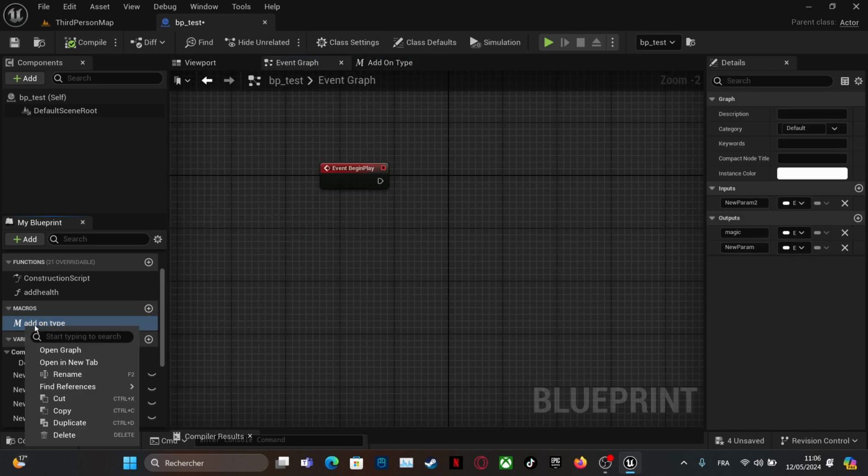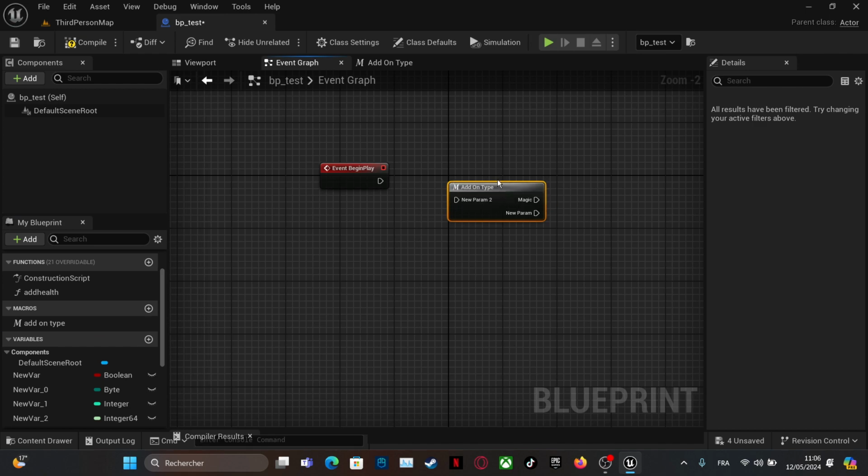Here we can give it execution from event begin play. You can even add a new execution if you want to execute this also on a key press. I will show you this.